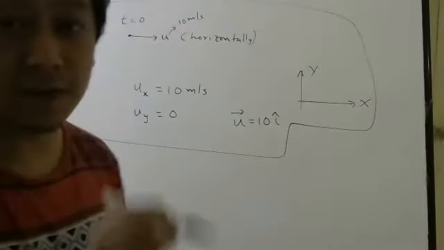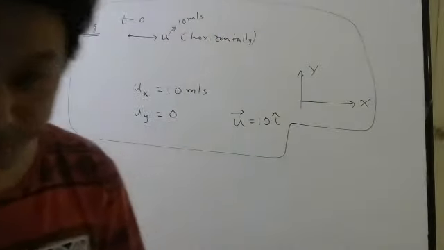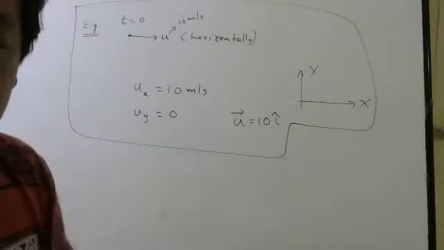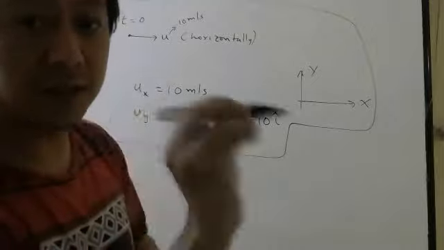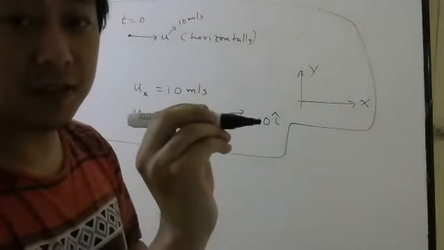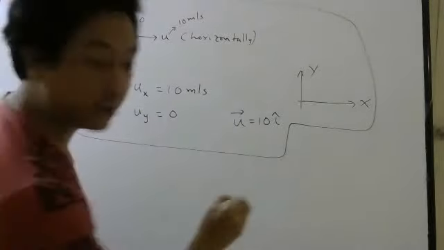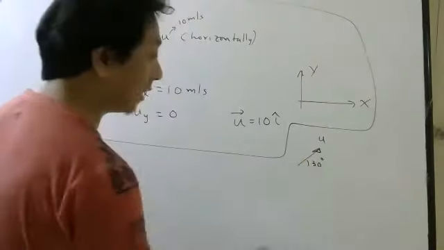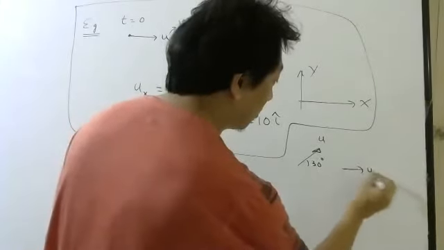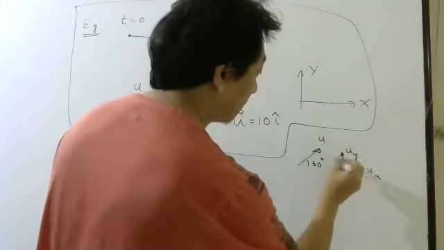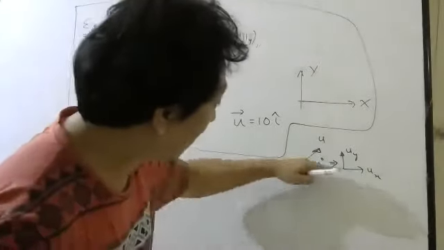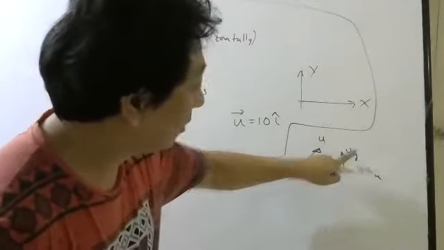Because in some problems, they will throw the body this way. In the previous question, was the body thrown this way initially? No, the body was thrown at an angle of 30 degrees. In that case, it has both x and y components. But if you throw it completely along the x-axis, then the y component will be 0.